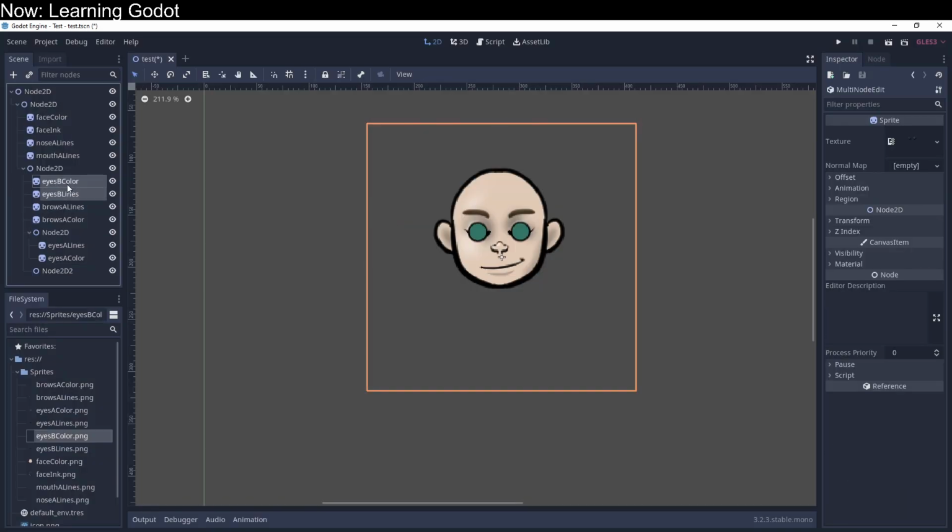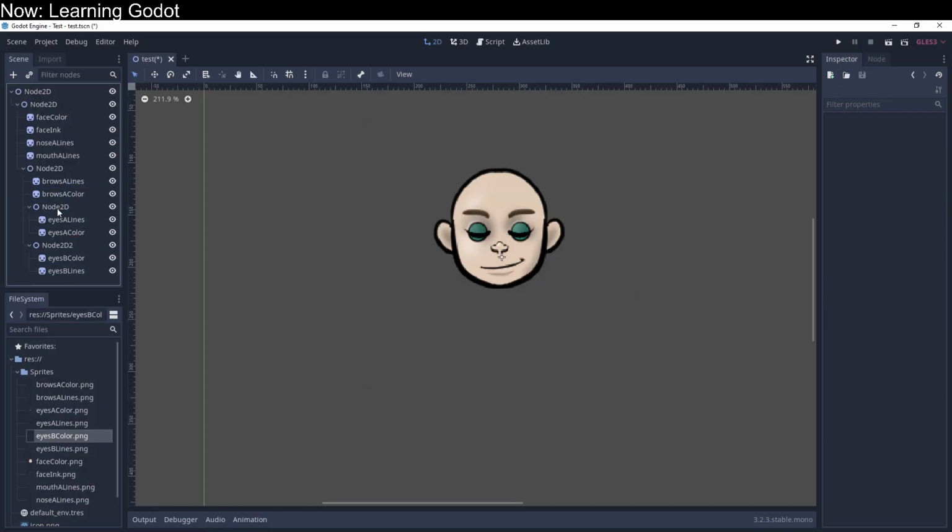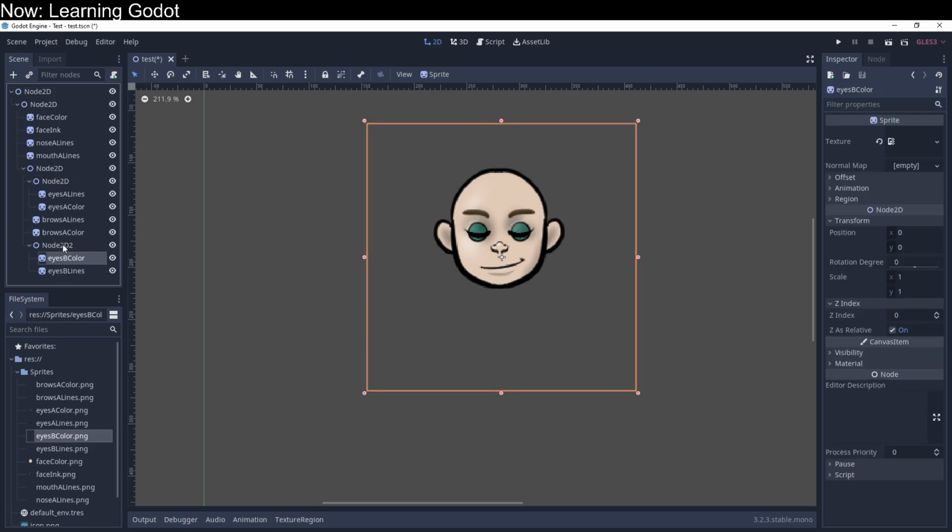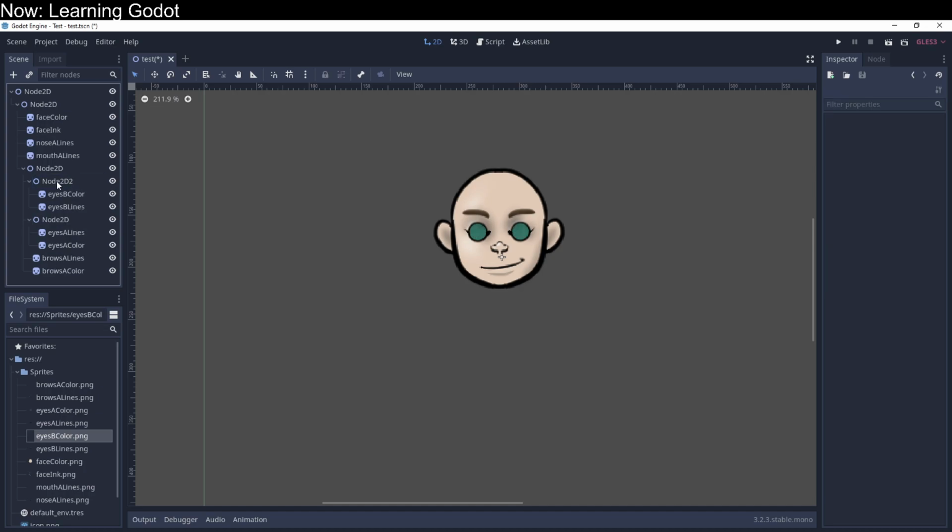So there's a couple of basic ways to try and make it so that these things can turn on and off. One way is to have the eye elements stored separately. So we could have just a flat eye sprite and an eye overlay sprite, and then we could choose the contents of those sprites programmatically. Another way is to put them all in the scene and turn some of them on and turn some of them off. The method we're going to start with is the version where we put them all in the scene, because what I want to do is I want to get